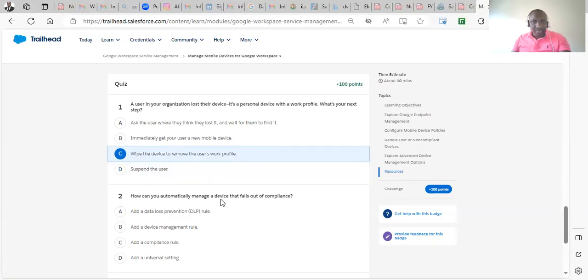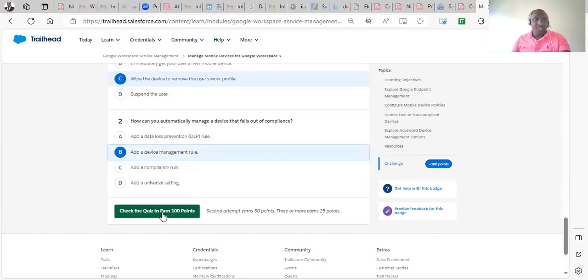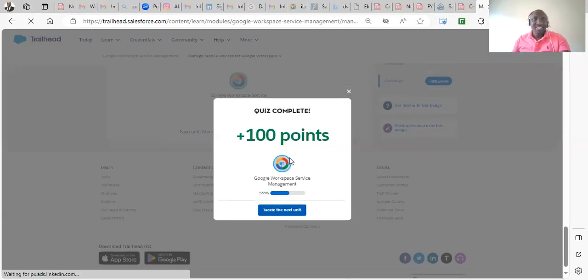How can you automatically manage a device that falls out of compliance? Add a data loss prevention, DLP rule, add a device management rule, add a compliance rule, and add a universal rule. So the right answer here is B, add a device management rule. I also check my challenge and get it right. Moving on,